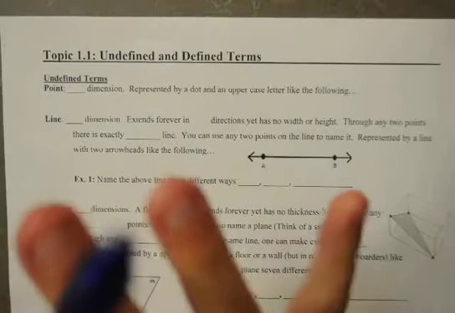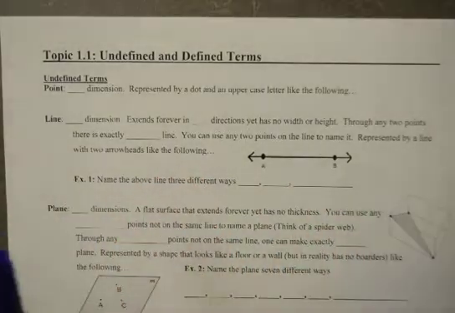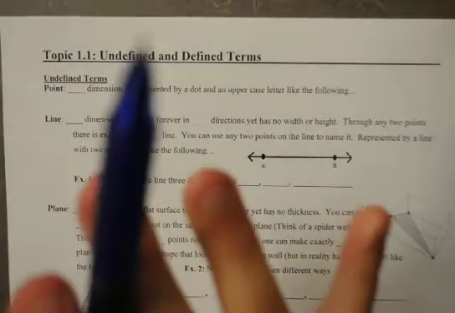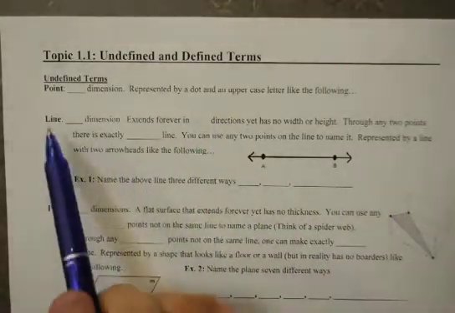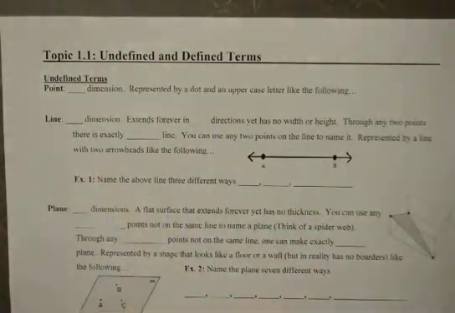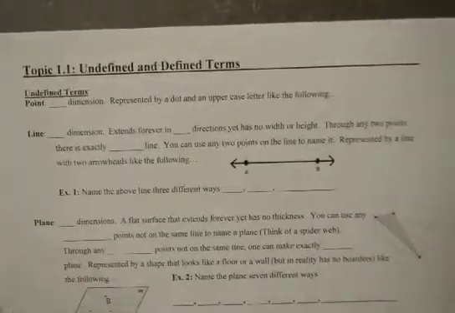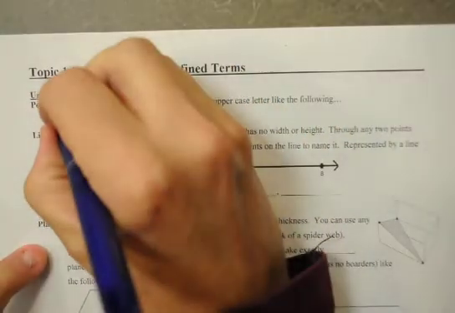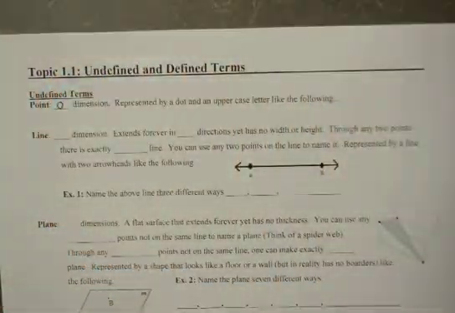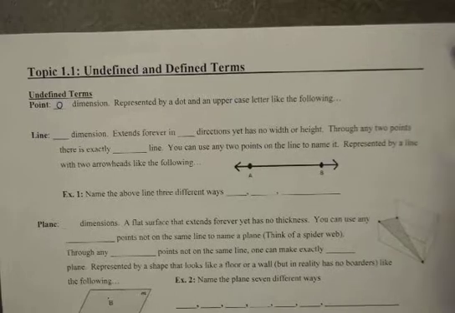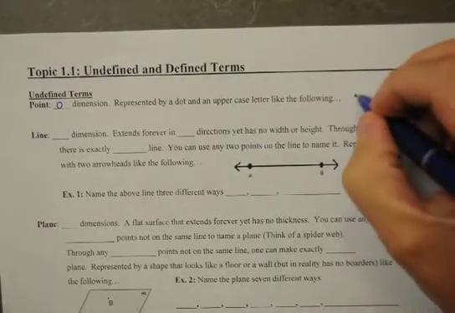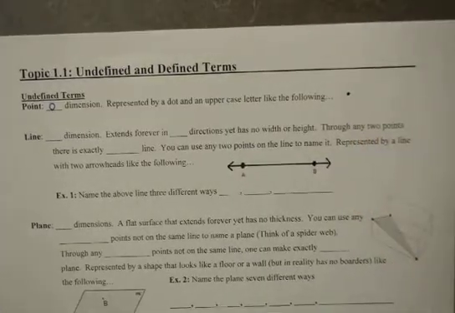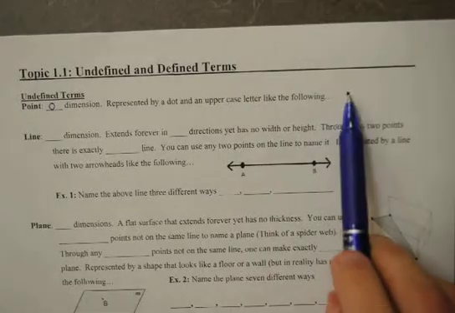Go ahead, pause the video. Think about what a point is. Okay, now you're back. Did you figure out what a point is? A point, the best way we can describe it is that it has zero dimension. We're talking about dimension, so it's just like this. But that's not really a point, because this point has some width and it has some height to it. So this is not actually a point.